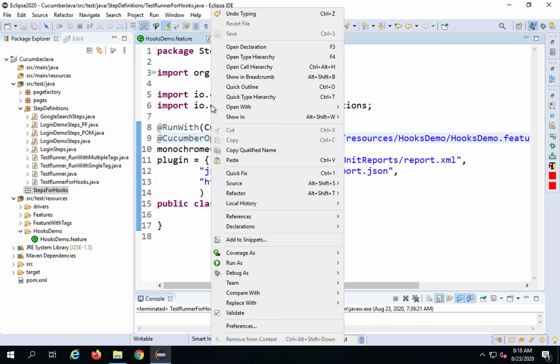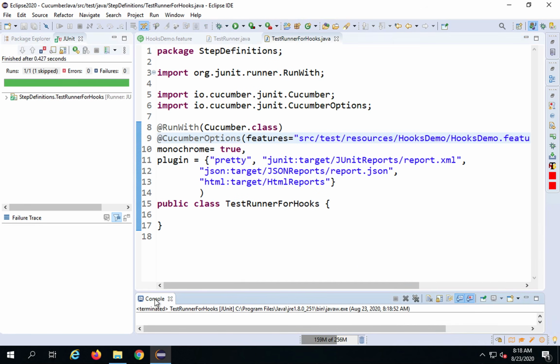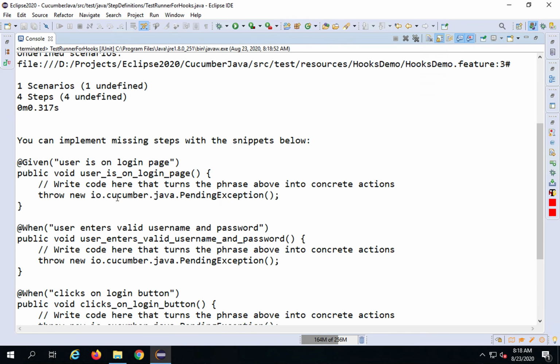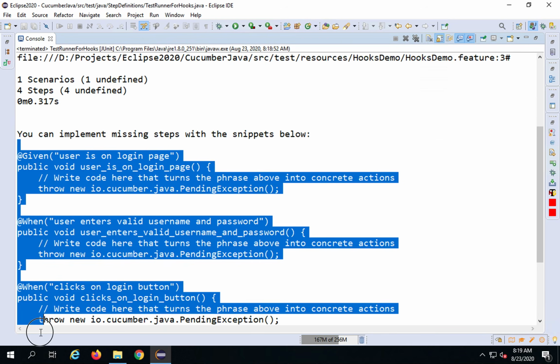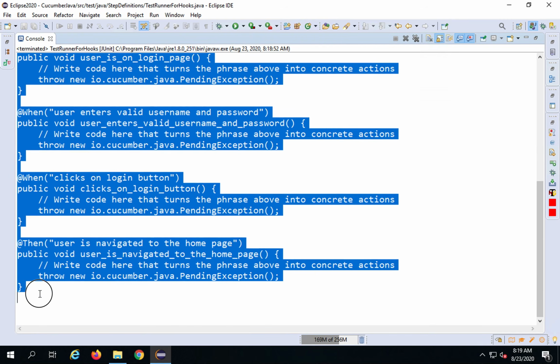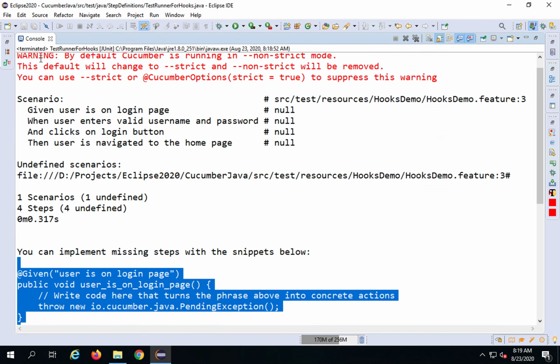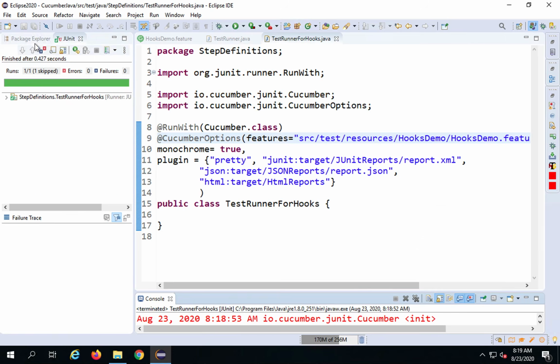I will do a right click, run as JUnit test, and if I check the console now, you will see that it is saying that the steps are not yet implemented and I can implement the missing steps, and it is also giving me the code to implement. And this was the reason I did not create the step definition earlier, so that I could directly copy it from here. So here I will now go to my